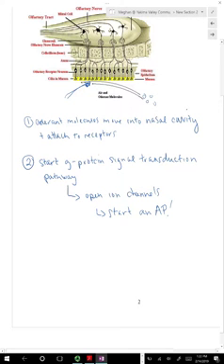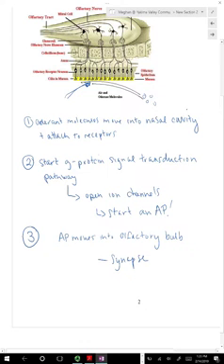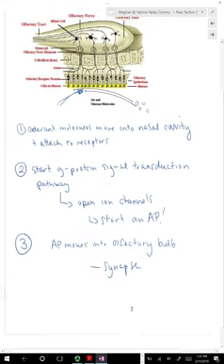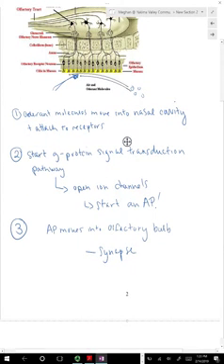So let's say the action potential moves into the olfactory bulb, and at that point there is a synapse. This second neuron moves,